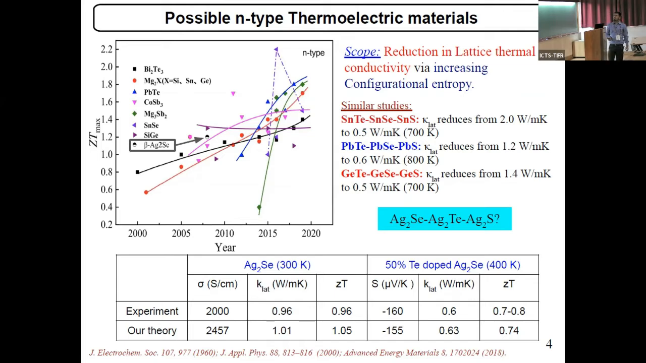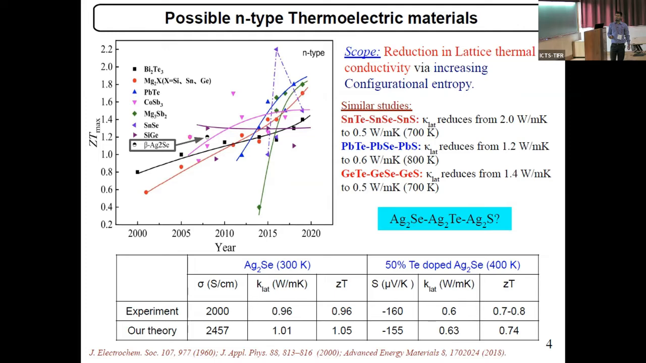My motivation is to reduce the lattice thermal conductivity by increasing the configurational entropy. Similar studies have already been done, like the superlattice of SnTe, SnSe, and SnS. The lattice thermal conductivity is reduced for this superlattice from 2 watt per meter Kelvin to 0.5 watt per meter Kelvin at 700 Kelvin. In fact, for PbTe, PbSe, and PbS also, they have shown that for this superlattice, thermal conductivity is reduced from 1.2 to 0.6 watt per meter Kelvin at 800 Kelvin. Similarly for GeTe, GeSe, and GeS also. So my motivation is to see this superlattice